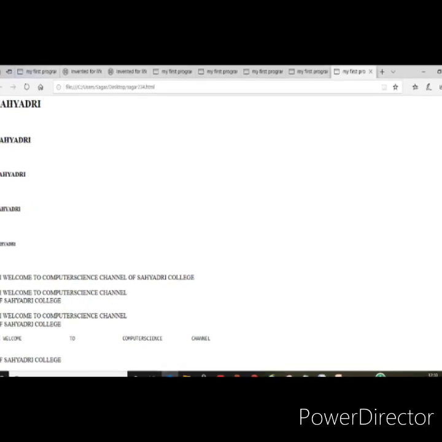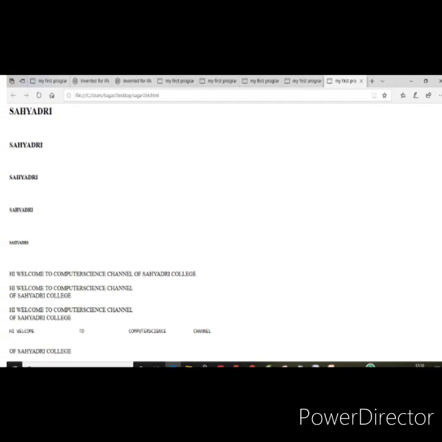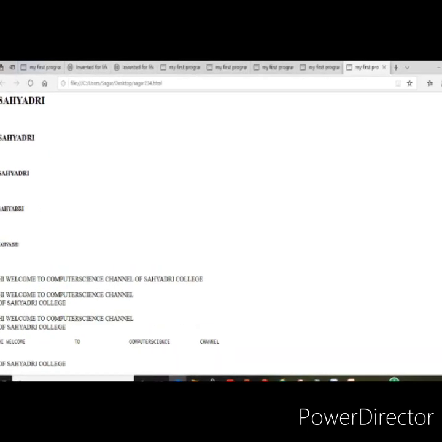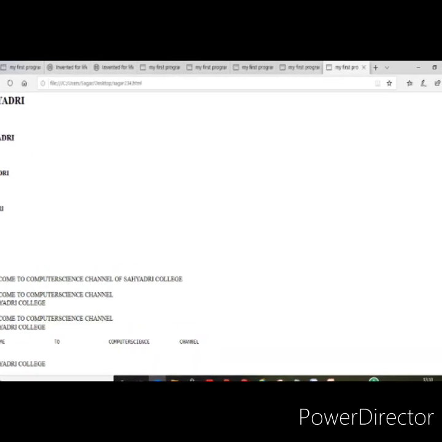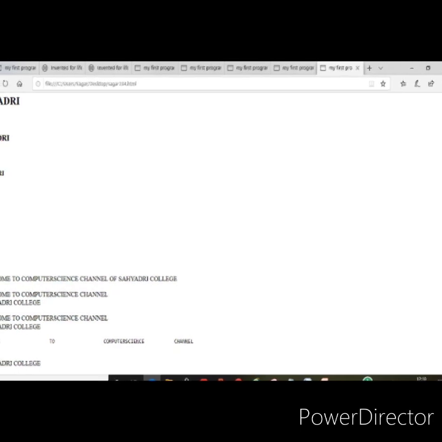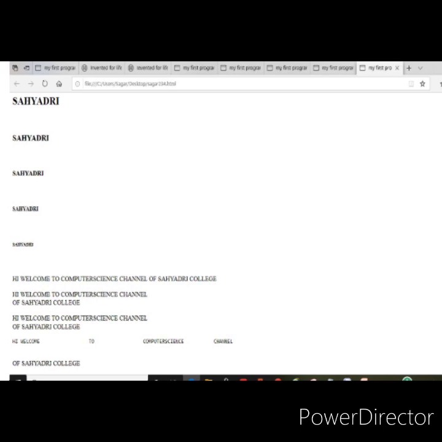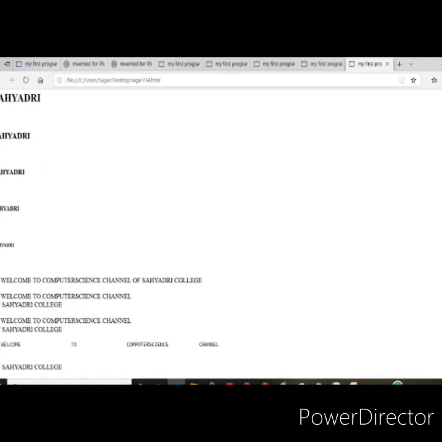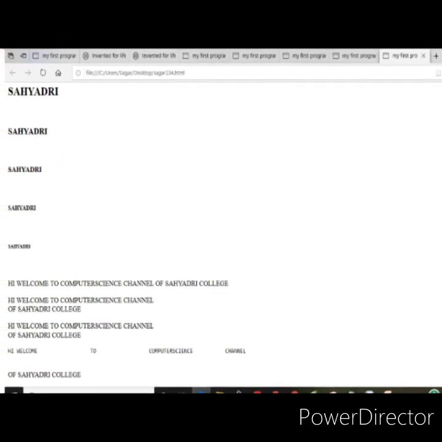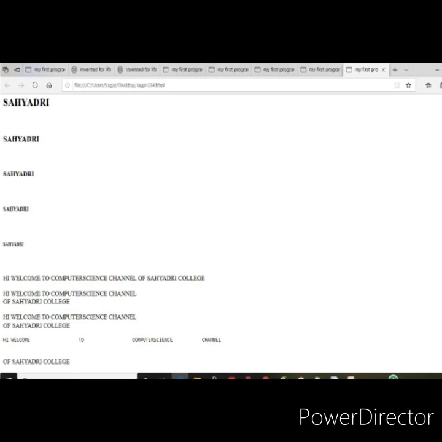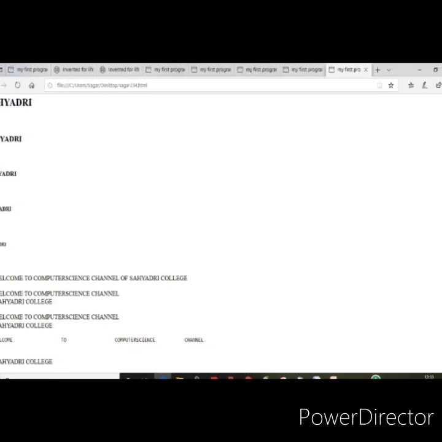So for resizing, you will be using the small and then the big tag. When you use the small tag, the text appears smaller size when compared to the other text. If you are using the big, you can increase the size of the text, and by making use of the headings, you can make the text to appear in 6 different sizes starting from H1 to H6.